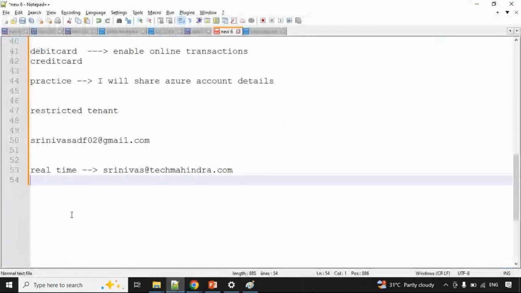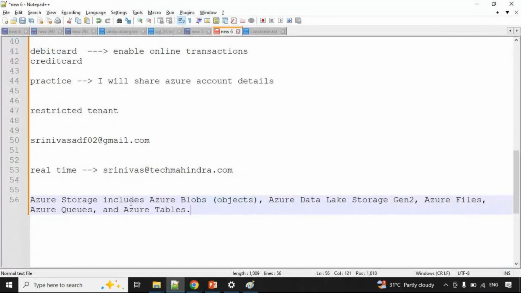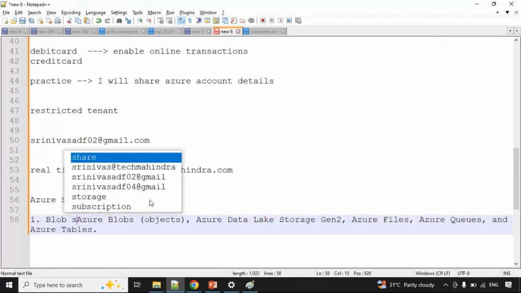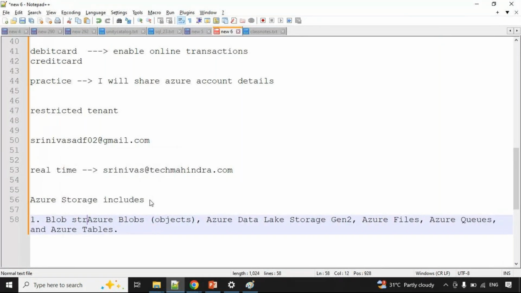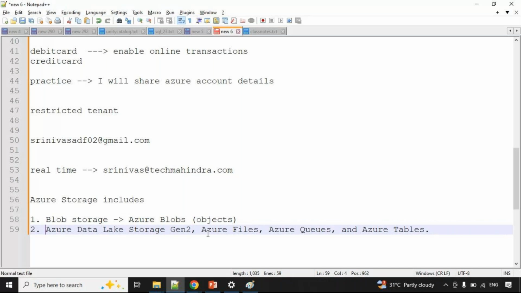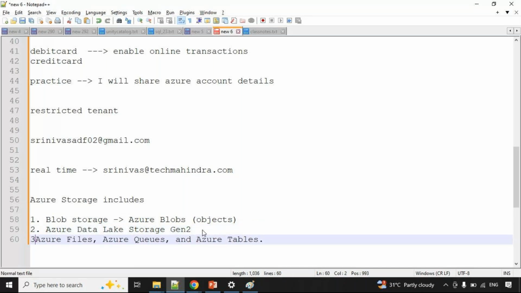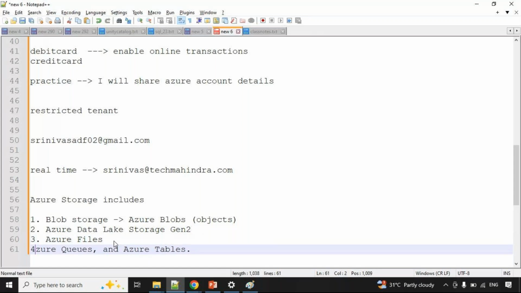Now, these are all the different types of storage accounts. One is blob storage, and then we have Azure Data Lake Gen 2, and then Azure Files, and then Azure Queues, and then Azure Tables.